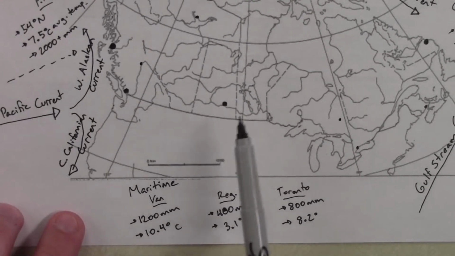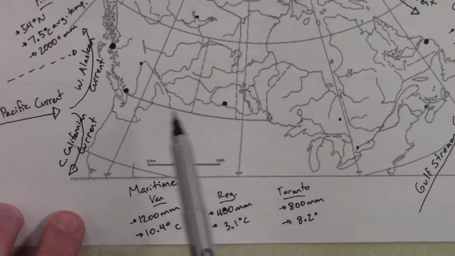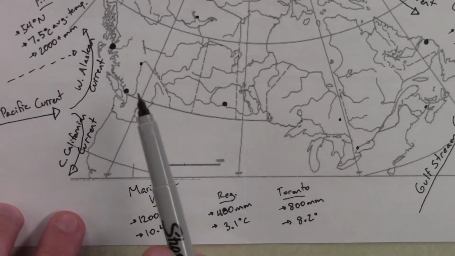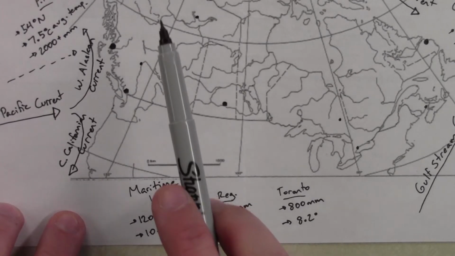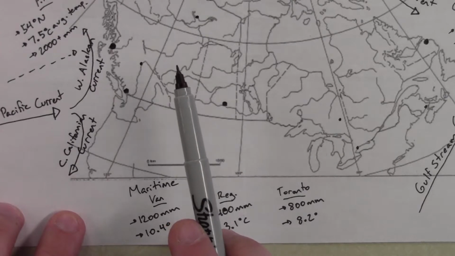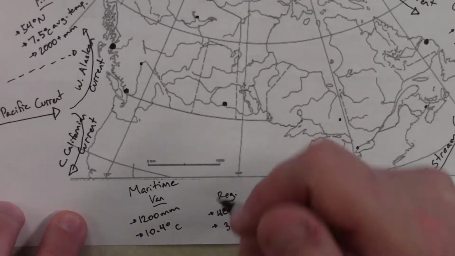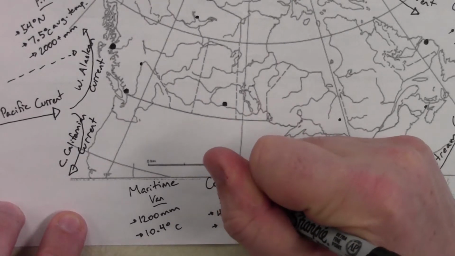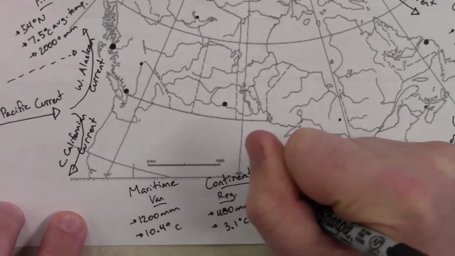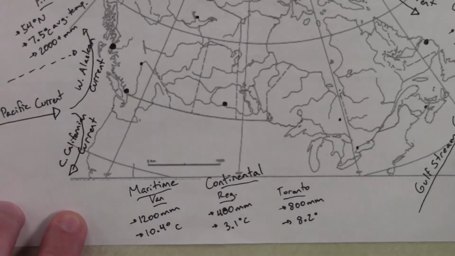Whereas Regina, smack dab in the middle of the country, and on the rain shadow side, the leeward side of this whole western Cordillera, row after row after row of mountains, would be your definition of a continental climate. Okay? And Toronto then,